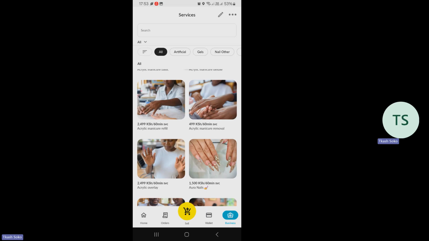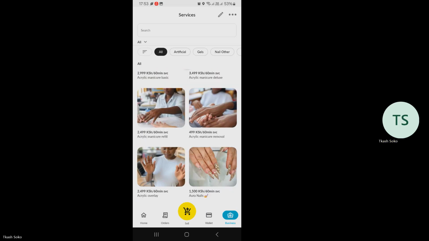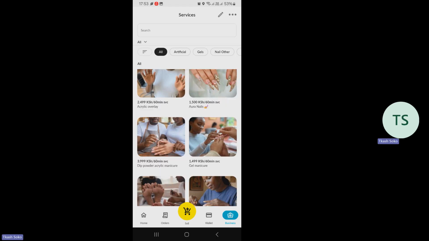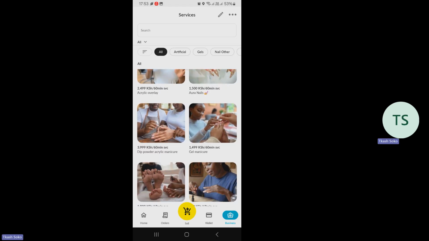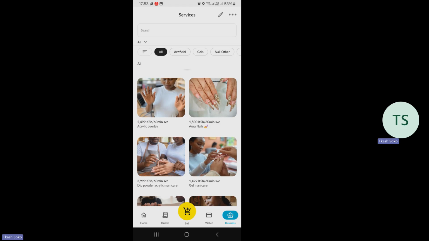So for example, sometimes unaweza angalia uone maybe something like the gel manicure, the one that is just below the Aura nails that we just added, the gel manicure, unaweza angalia uone it's costing 1499, and maybe you offer it at a cheaper price, or maybe you are giving it for a discount or something of the sort.